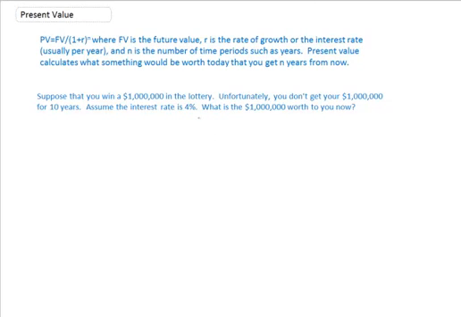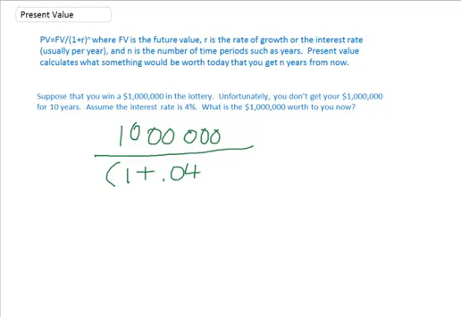So let's see. So there's our $1 million, 6 zeros. Congratulations again. And then we have 1 plus the growth rate, 0.04, raised to the 10th, 10 time periods, 10 years. What is that equal to? Well, and this is the present value. Make sure we put that in there to make sure we've got everything in there. And I calculate it is